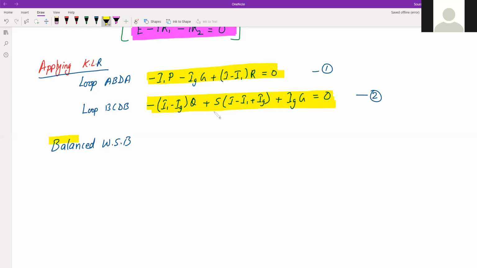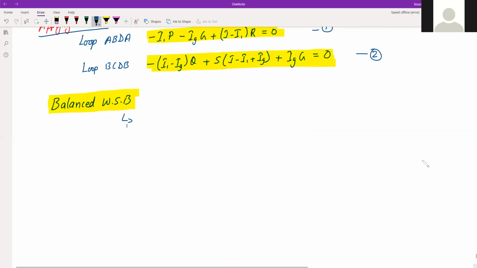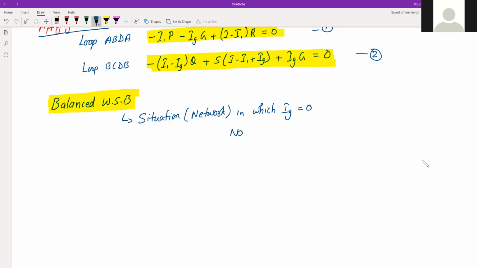So the name itself says it is a Wheatstone bridge. Apart from that, there is a condition, that it is a balanced Wheatstone bridge. So what does a balanced Wheatstone bridge mean? It is a situation of the network in which Ig is equal to 0, that is, no current